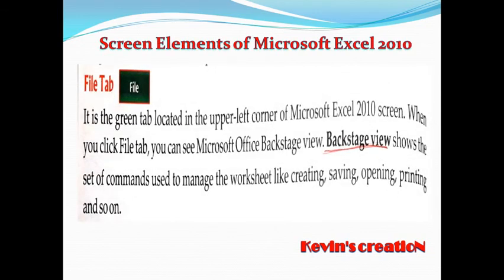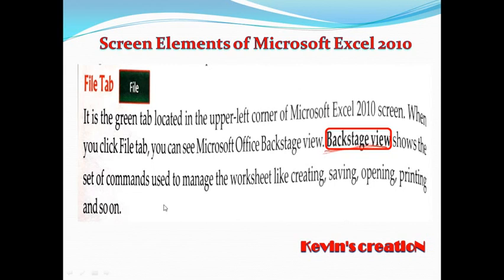Next we have got file tab, green in color. It is the green tab located in the upper left corner of Microsoft Excel. Upper left corner means this side. When you click the file tab, you can see Microsoft Office backstage view. Now what is backstage view?